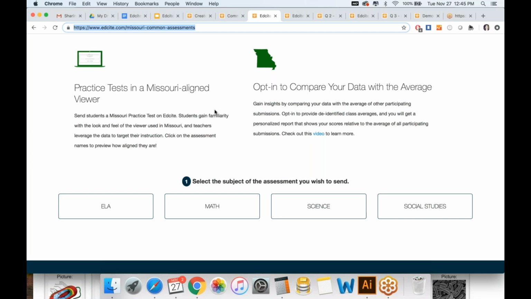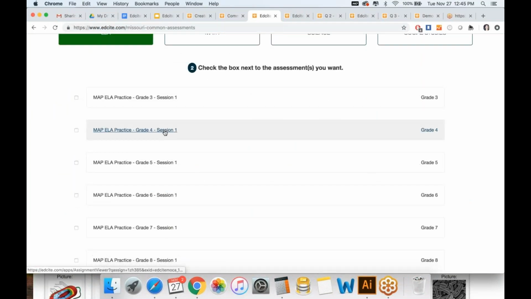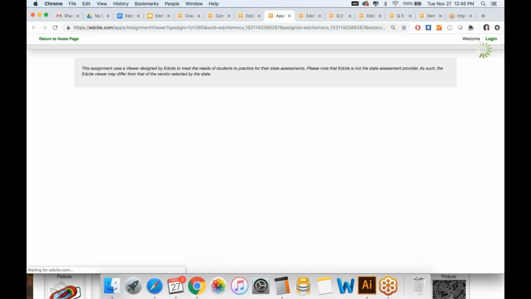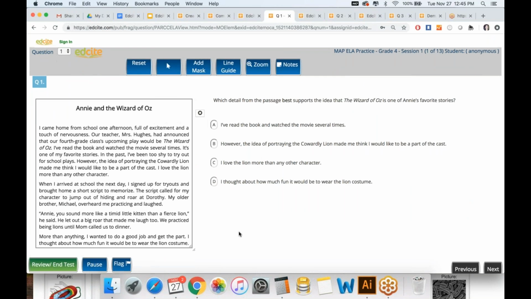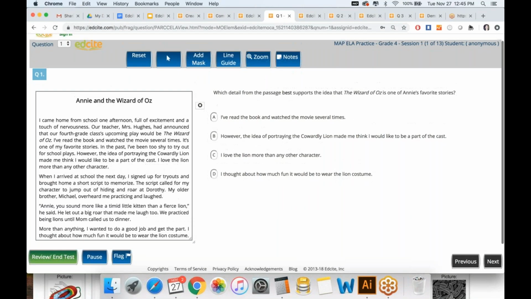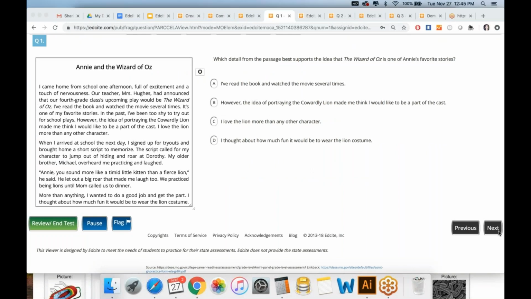If we're looking at Missouri, you can see that for grade 4, they've got one assessment here. So I can click start assessment, and we've got all of the different question types. Again, their navigation is different. So I can toggle over to the next question.